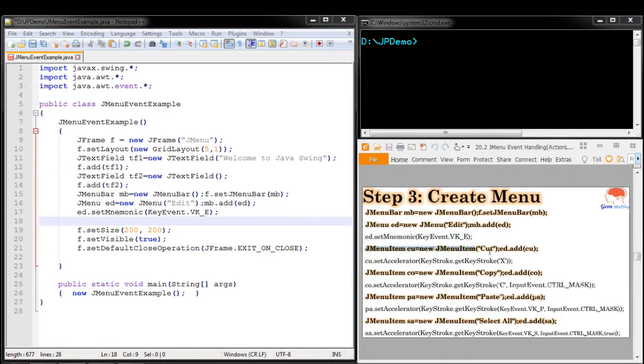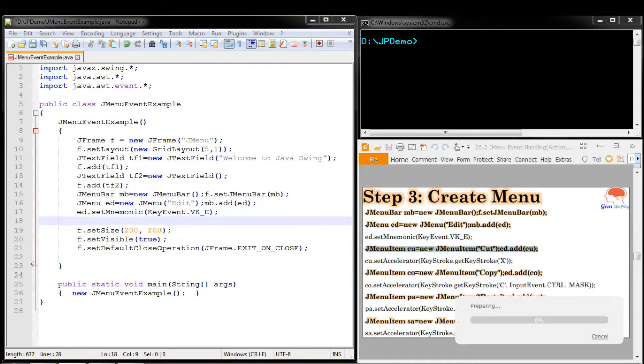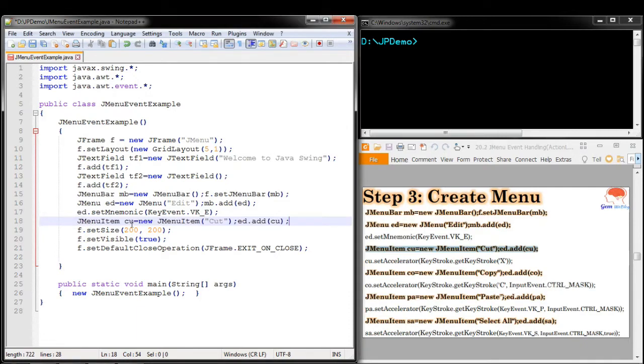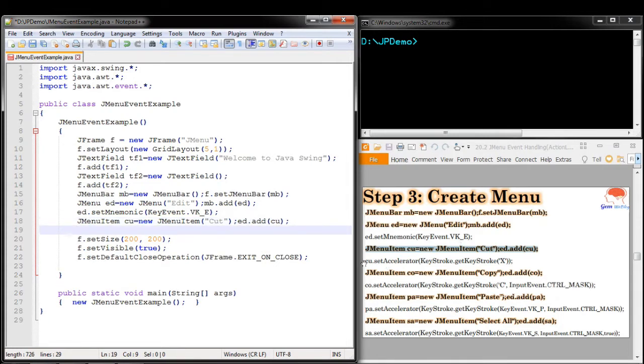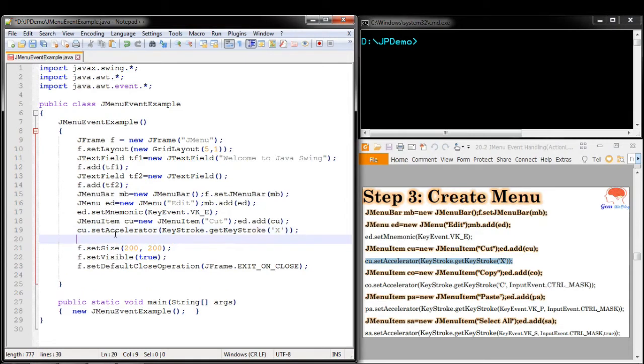Next we are creating the cut menu item. JMenuItem cu equal to new JMenuItem, and then we add that menu item into the edit menu. Once added, we set the accelerator to X. We didn't give any modifier for this.